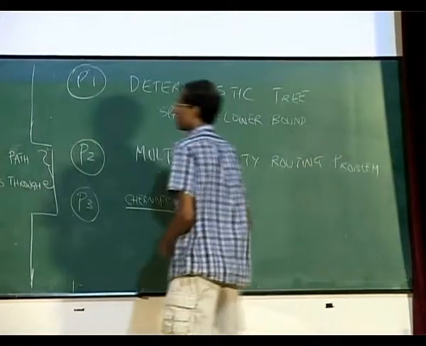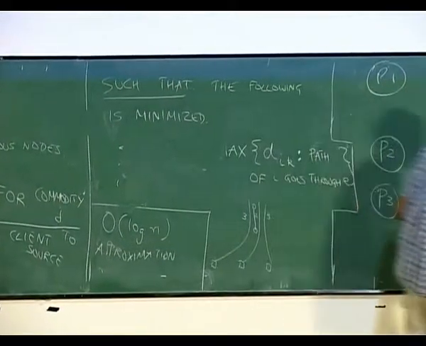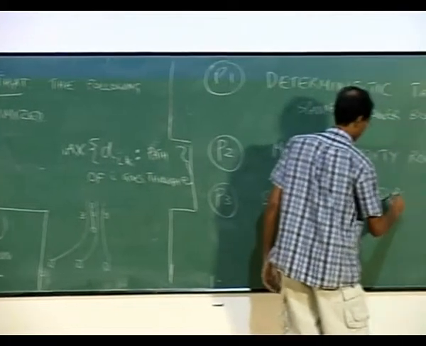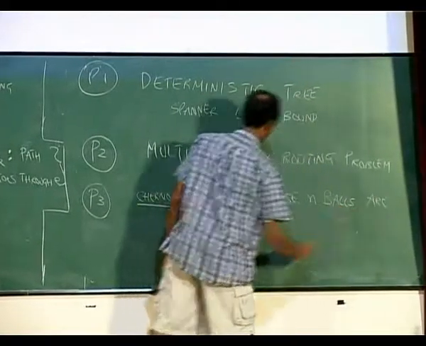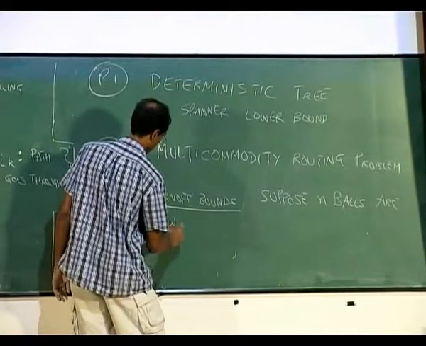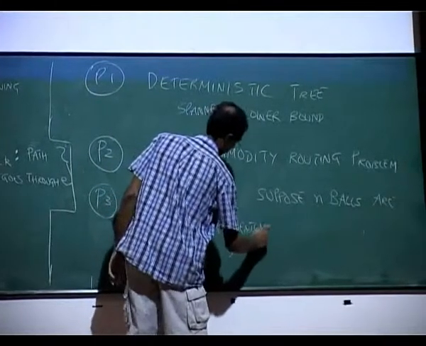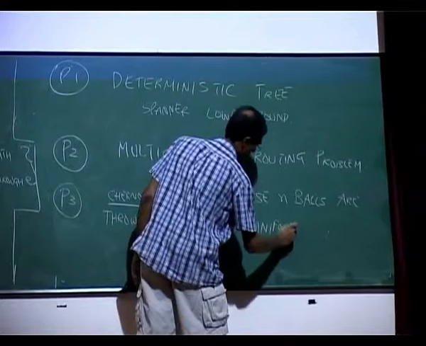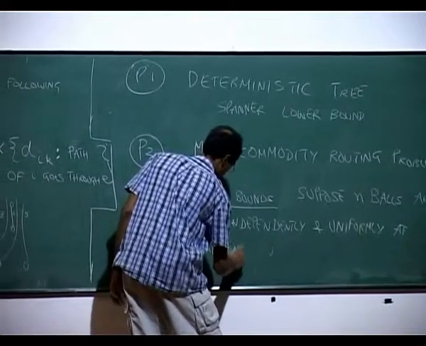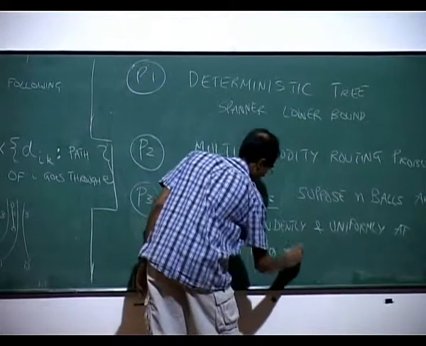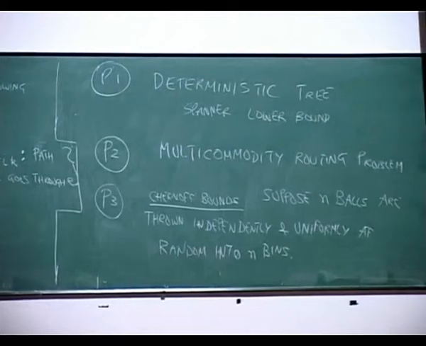Suppose n balls are thrown independently and uniformly at random into n bins. Okay? Prove that